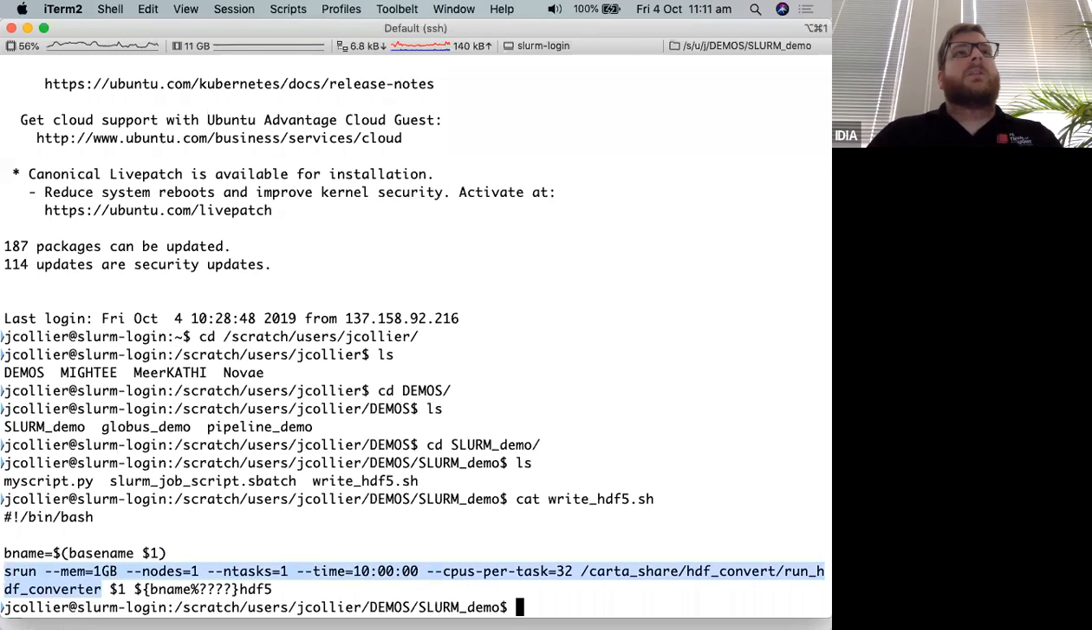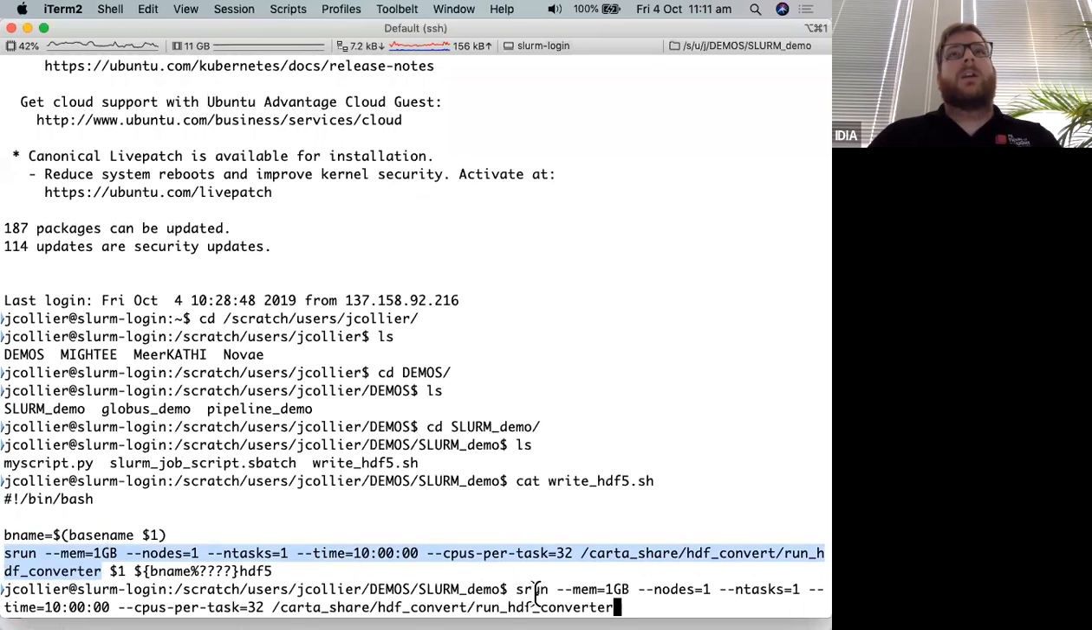So I'm just going to demonstrate this. So here I'm running srun. I'm requesting 1 GB of memory in total, only one node and one task per node, and a maximum of 10 minutes. If it goes over this, the job gets killed by SLURM. And then I'm asking for 32 CPUs per task, because this software actually uses OpenMP. And so then I'm going to grab an